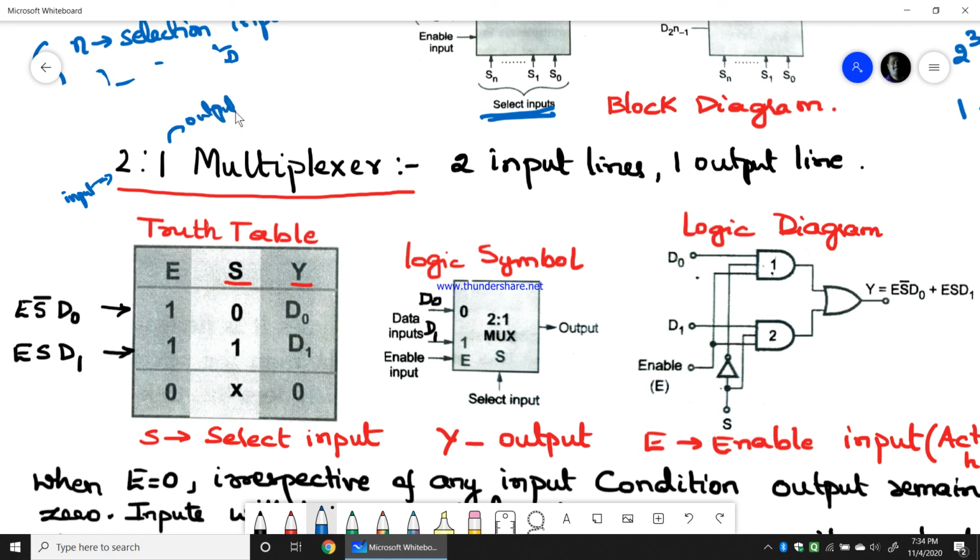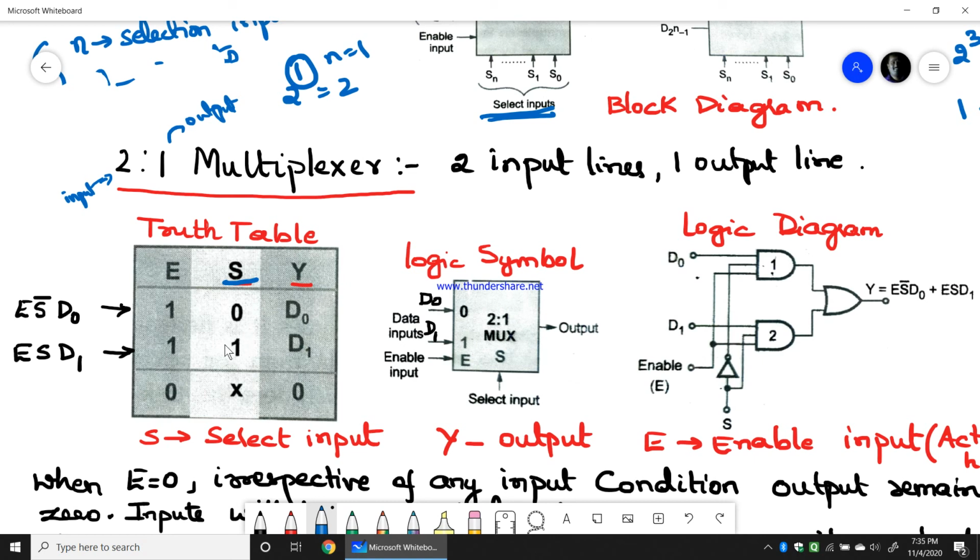Now what will I write 2 as? 2 power 1 is equal to 2. Therefore n equals 1. So when n equals 1, we will have only one selection input. That is what S you can see. Only one selection input, and the output will be based on the selection input value.